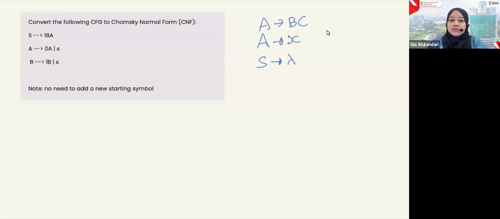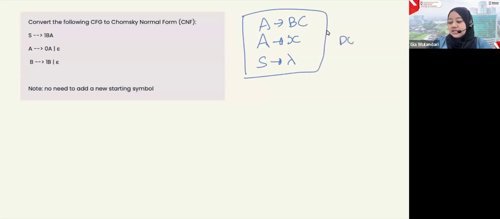Why is CNF important? Because we can validate an input string in 2n minus 1 steps only. So there are fewer ways to validate an input string if we have the grammar in Chomsky normal form. To convert CFG to CNF, we have some steps.